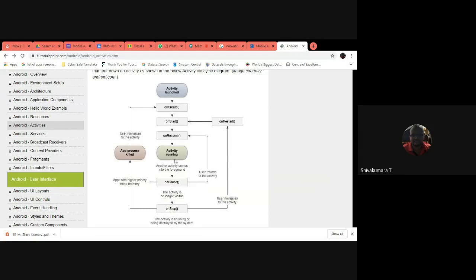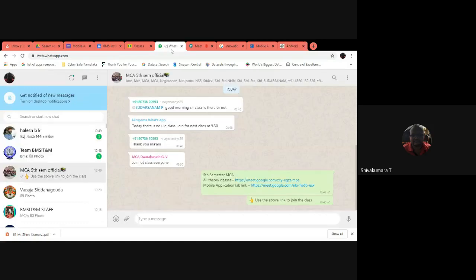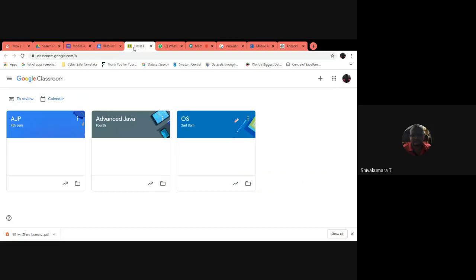Then suppose another activity comes into the foreground. So WhatsApp is running, and for example another activity like Google Classroom comes. The existing activity goes to the background, but it is still running.